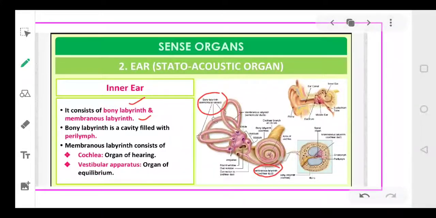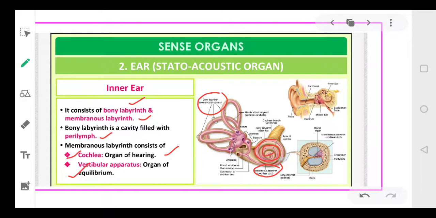And it is filled with a fluid which is called perilymph. And the membranous labyrinth, as I was talking about, is made up of 2 parts: the cochlea and the vestibular apparatus. One is your cochlea, this circular part is called the cochlea, and the second part is called the